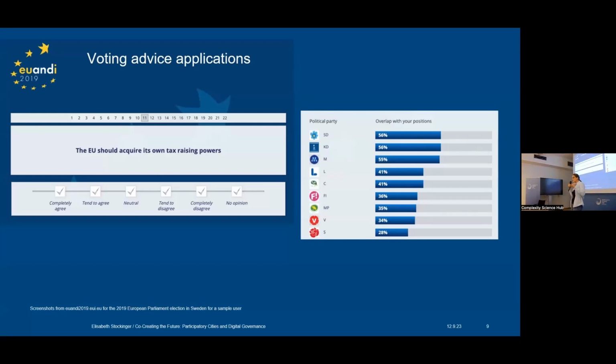Voting advice applications such as the Wahlkabine in Austria or Smart Vote in Switzerland provide the user with a set of questions which they use to elicit the user's political opinions and values, and in return provide the user with a ranked list of which parties or candidates are most reflective of his or her own stances.